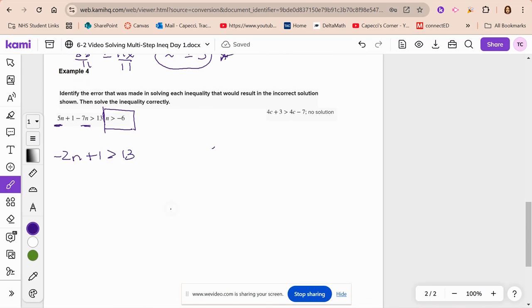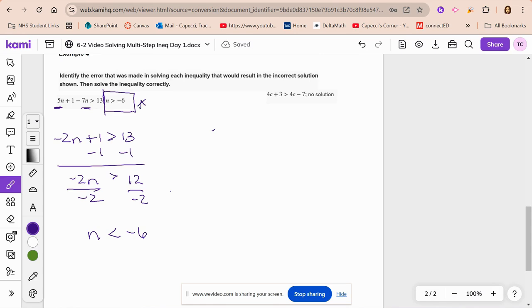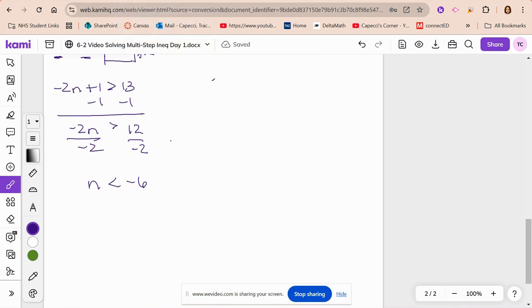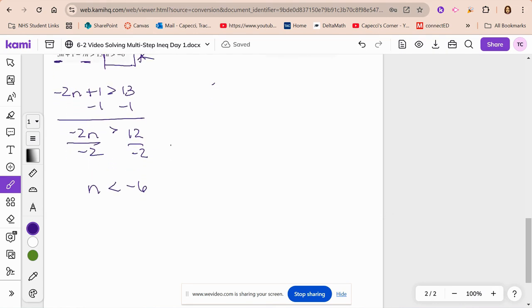Sometimes when I'm trying to find a mistake, it's easier just to do the problem yourself and then go from there. So I have negative 2n is greater than 12. I divide both sides by negative 2. Now I divided by a negative number, so I'm going to change the direction of my sign. So then I have n is less than negative 6. Now up here it says n is greater than negative 6. So what happened is in that original problem, whoever did that problem, the mistake is that they forgot to change the sign,